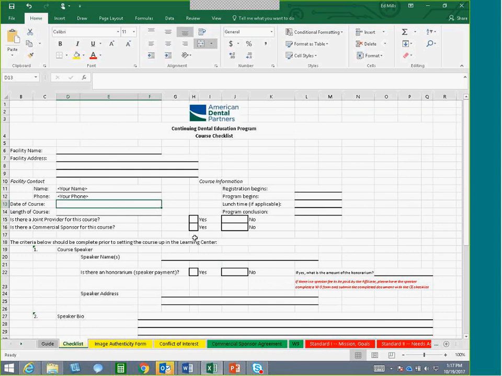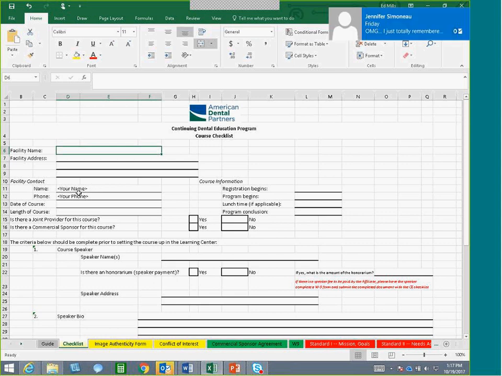So the checklist, here's the first tab. This is going to be required for all CE events. So you've notified your affiliate to do a CE. Name, and the name of the location. If it's to be done on site at one of your resource groups perhaps, it would just be the name and the address of your resource group. If it's being done off-site in a hotel, or at a country club, like the one I did at Metro Dental Care last week, which was at the Edina Country Club just outside of Minneapolis. Then the address, and the facility contact, that's going to be you, your name and your phone. So you will be the contact for this.